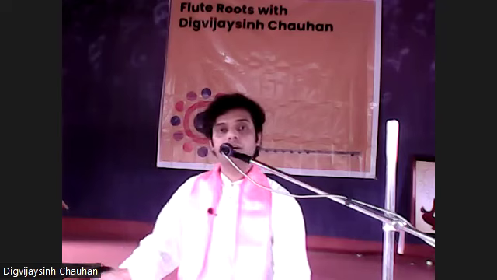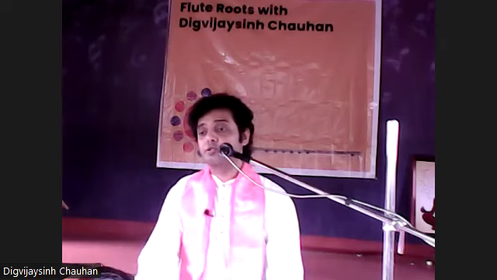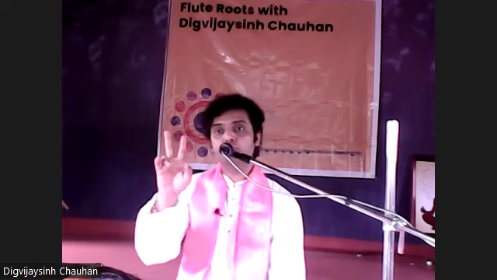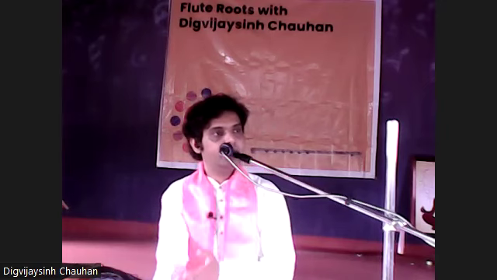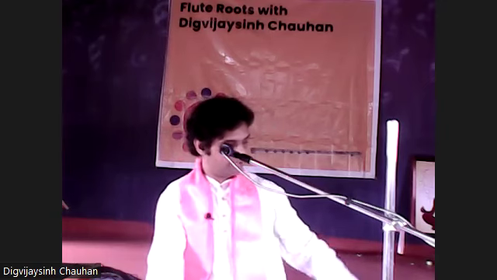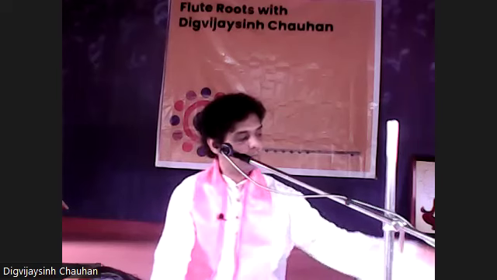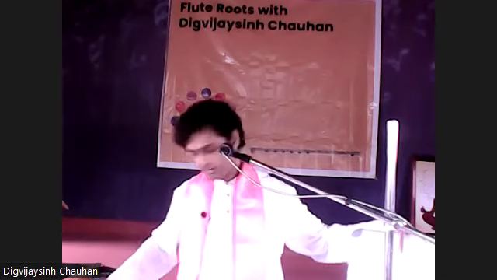Okay, fine. So where were we? Yeah, so minimum five notes will be there. In brackets you can write maximum two notes can be omitted. Those notes are called Varjit Swar. Varjit means the notes which are omitted. For example, in Bhupali, Ma and Ni are Varjit Swar. What we play in Bhupali is Sa, Re, Ga, Pa, Dha, Sa.